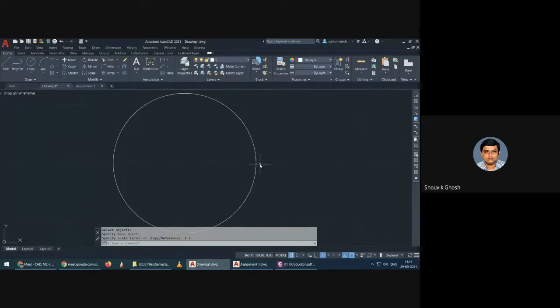So similarly, we can use the scale factor not only for this simple object but for a larger object also.